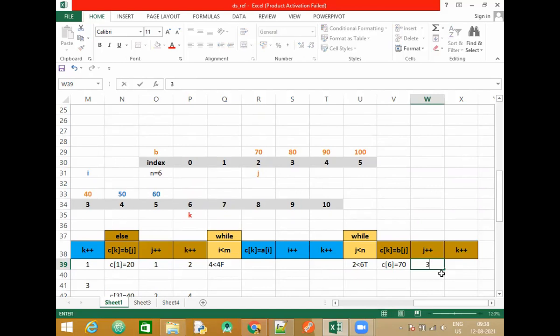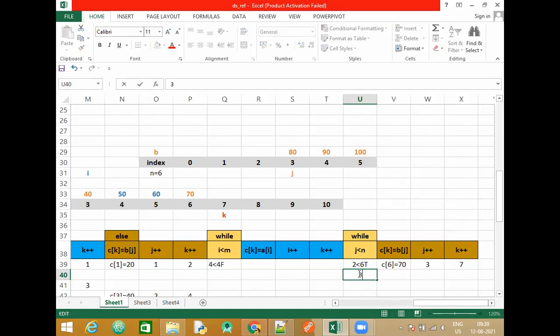Increment k, 7. Let me update it from here. 70. We have incremented j. We have incremented k. Correct? Next, are we still in the while loop? Yes. So tell the next value.